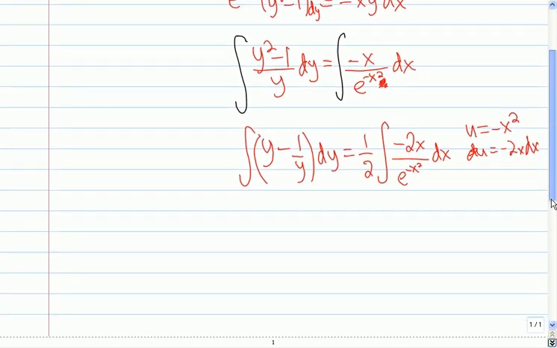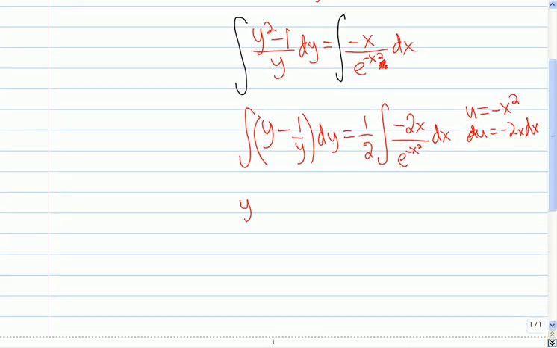Okay, so I'm on my way here. This will be y squared over 2 minus natural log y equals 1/2 the integral of du over e to the u. And that's going to give me